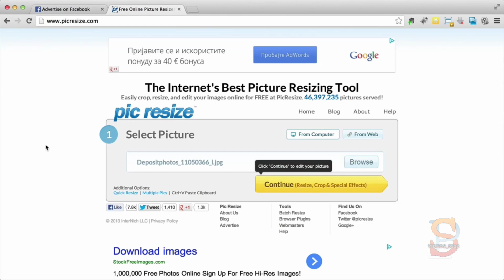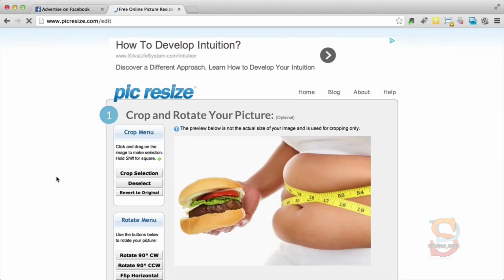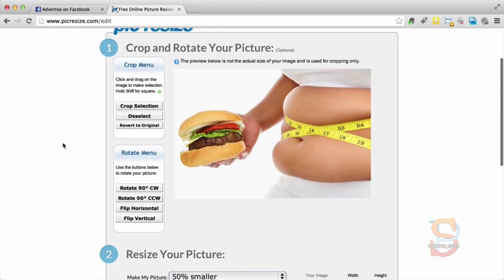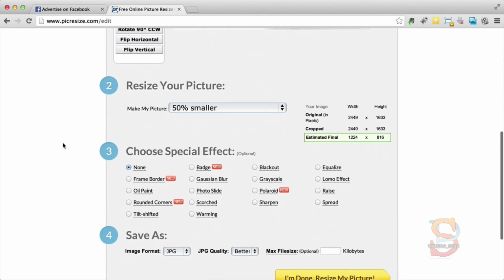It's actually pretty efficient. I already grabbed one of the images that I want to convert. You can just click Browse and then select the image from your computer, which I already did to save a little bit of time. So now I'm going to click Continue, and we're going to have some options over here. Now, when it comes to these options, I guess they're a little bit tricky in the beginning. If you don't know exactly what you're doing, we're going to have to actually resize this image twice, and I'm